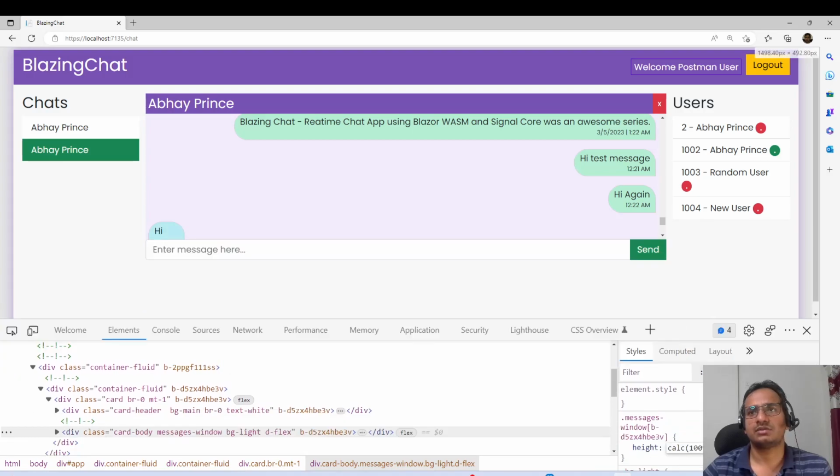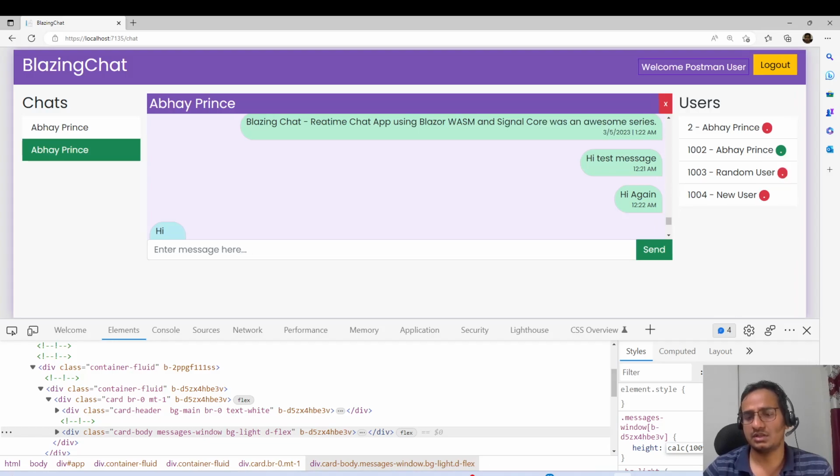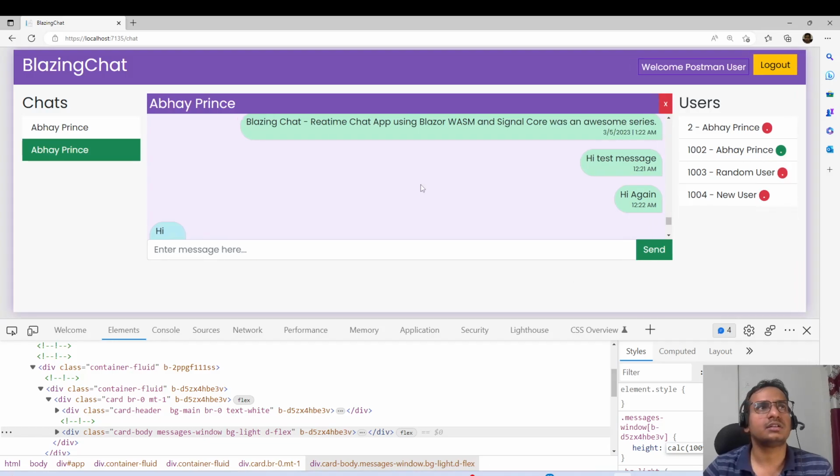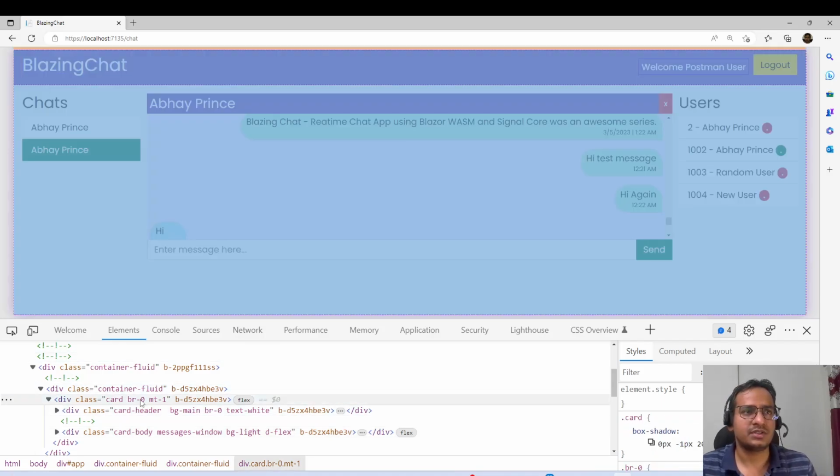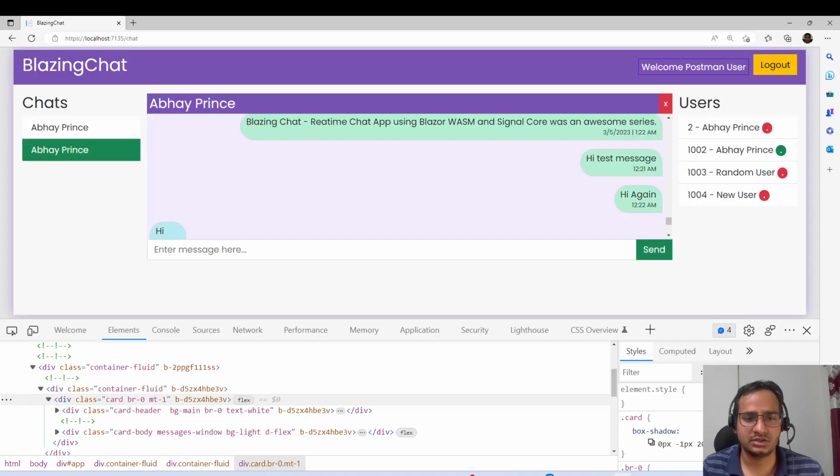And no, this is not fine. Let's have it 60 px. No, 70, 80, 75. The same from top and bottom, so 75. And now if this is 75, we need to expand the height of this section also, right? So first thing, let's do it on Visual Studio. So MT1 on card,